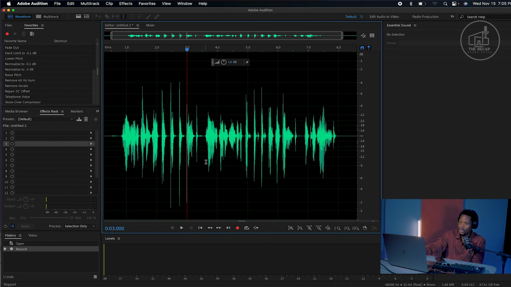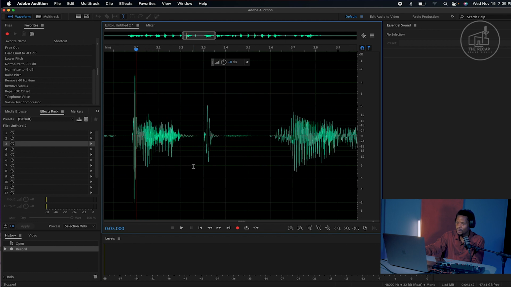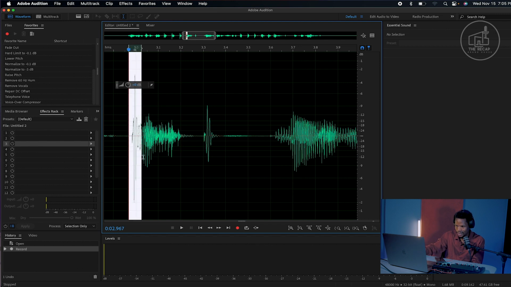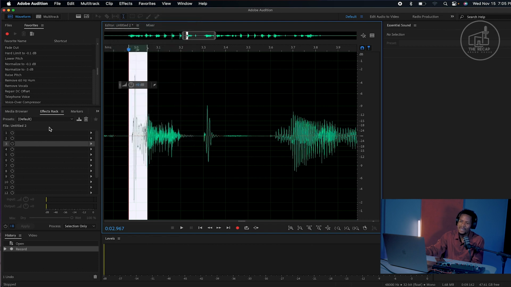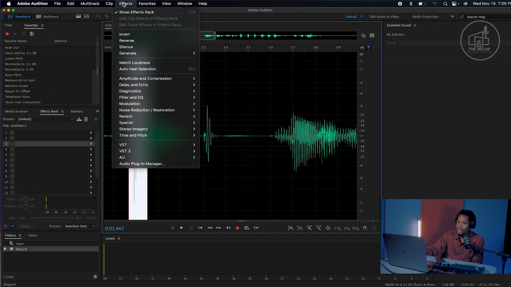So you highlight where the pop is. Highlight very well. This is where the pop is. Have you heard it? Then you highlight. Then you go to effects. Some of you go up here, but I always use this window because sometimes I can save my presets. But okay, let's try this. We go up here and then say effects, go to